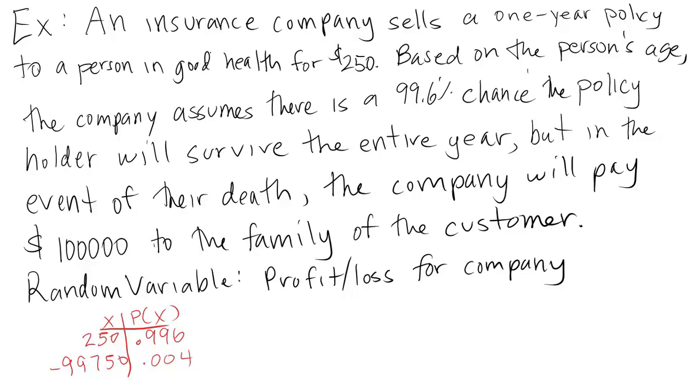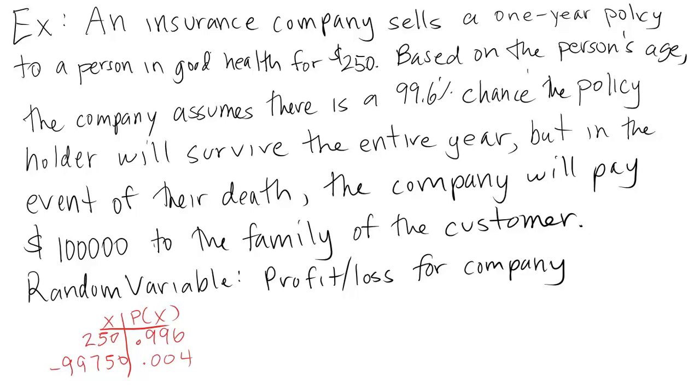So we had this scenario where a person buys a 1-year life insurance policy for $250 with a payout to their family of $100,000 in the unfortunate event of their death. The insurance company is assuming that there's a 99.6% chance the person will survive. And since we did this from the perspective of the company, the random variable is the profit or loss for the company, we paired a profit of $250 with a probability of 0.996,